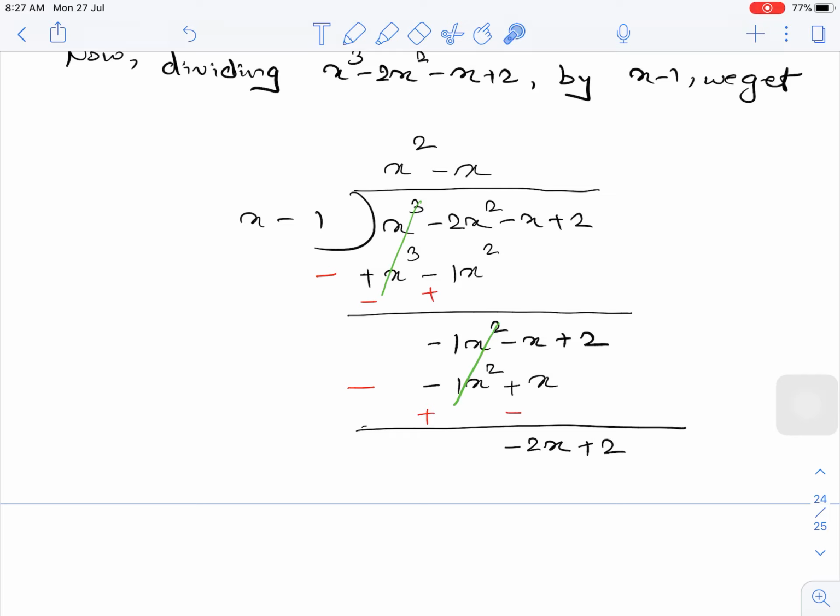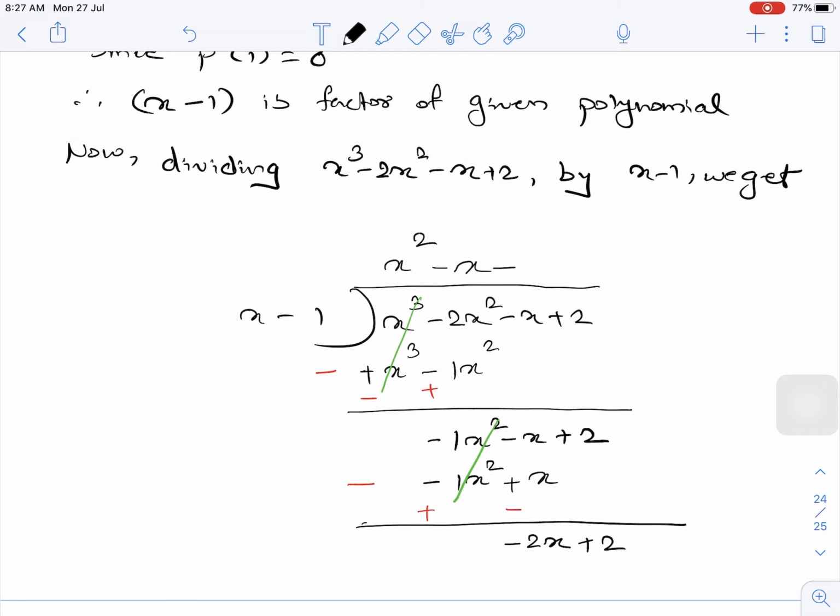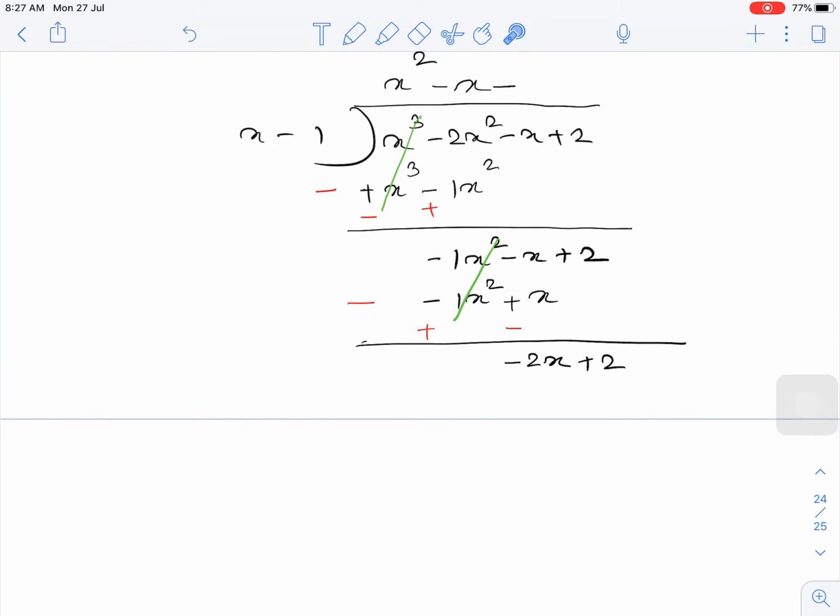Now what we have to do, we have to make this x as minus 2x. Again this one is plus, we have to make it minus, so first we will multiply it with minus. Okay, now here it is 2x, and here we have only x, so we will multiply this x by what? Yes, 2. Okay, so now let us solve it further. Now plus into minus will become minus, x into 2 will become 2x. Okay, now this minus 2 will also multiply to this minus 1, so minus into minus will become plus, and 2 ones are 2. Okay, so now I am writing it here.